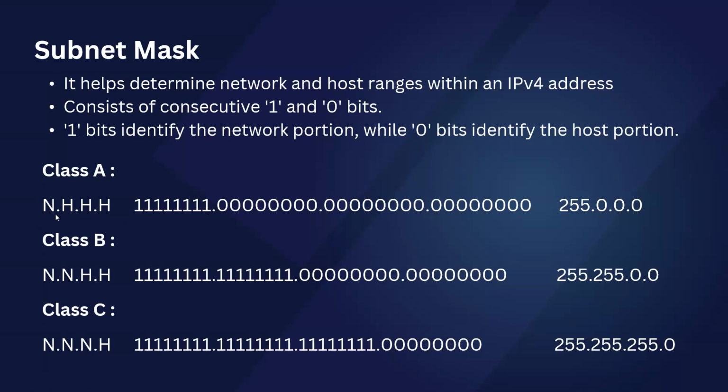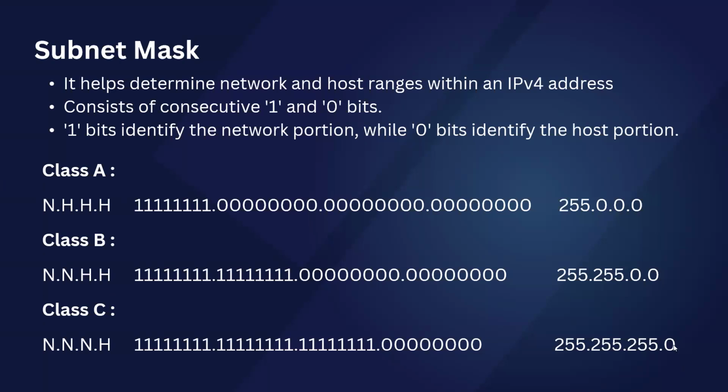So for class A, with one network portion and three host portions, that's 255.0.0.0. All ones is 255 and all zeros is simply 0 when you convert it from binary to decimal. So for class A, with one network portion and three host portions, the subnet mask is 255.0.0.0. For class B, with two network portions and two host portions, the subnet mask is 255.255.0.0. And for class C, with three network portions and one host portion, the subnet mask is